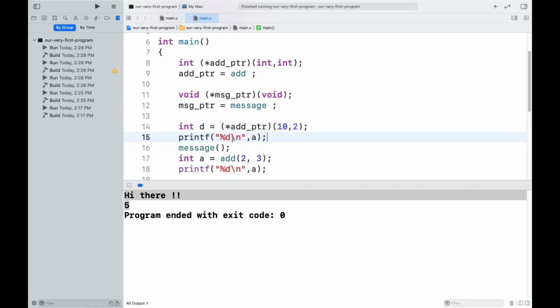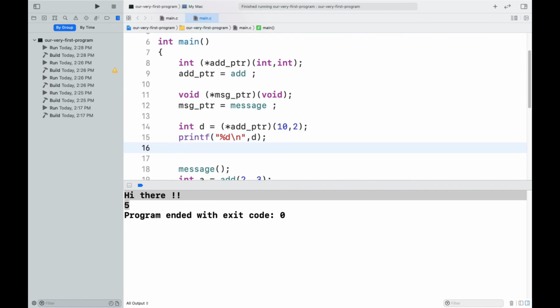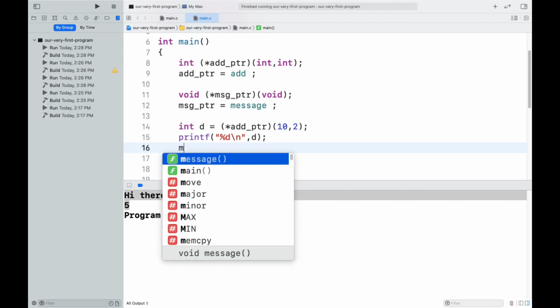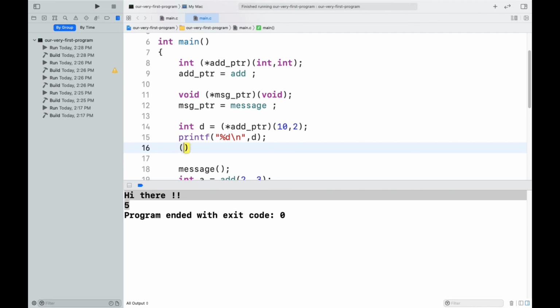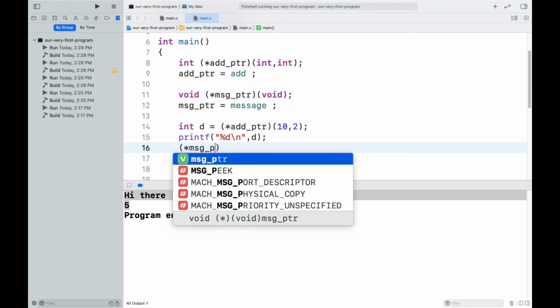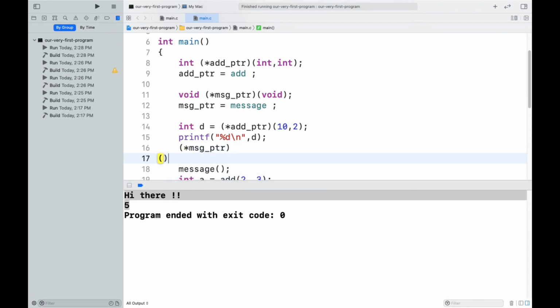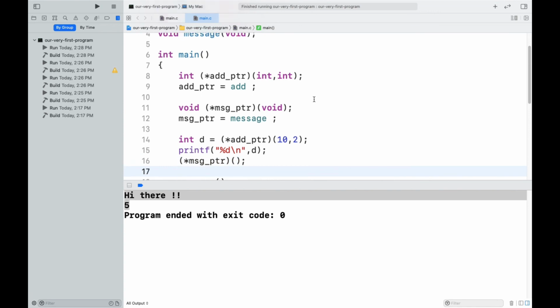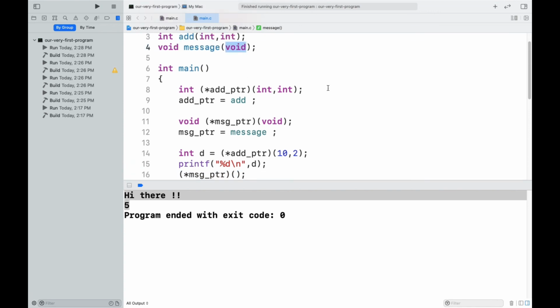Control C, Command V, and that number should be %d. And after that we are calling the message function. Sorry, I keep saying message signal. That should be message function. So that would be parenthesis star MSG PTR, and the actual parameters are going to be empty because it does not require any parameters, as it is void.